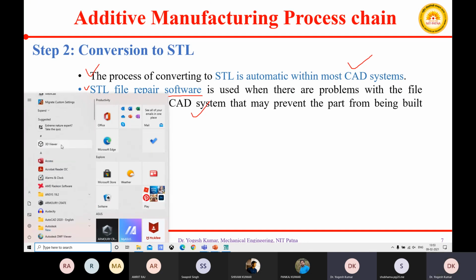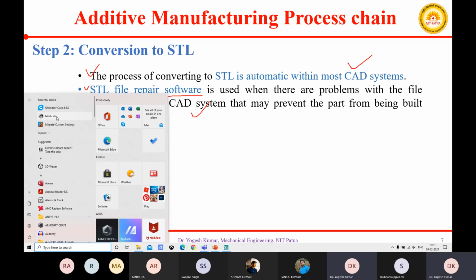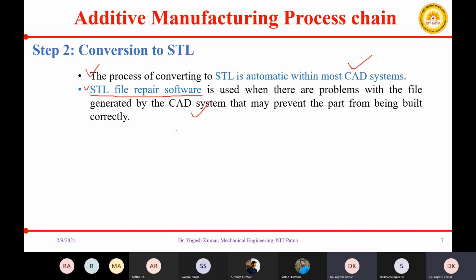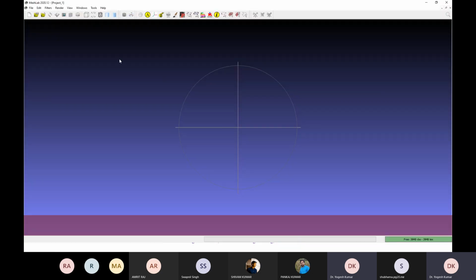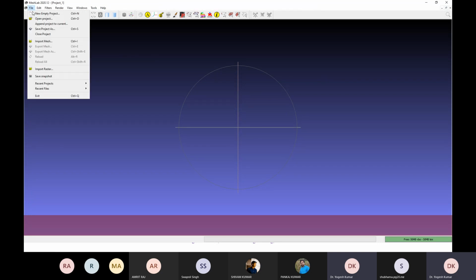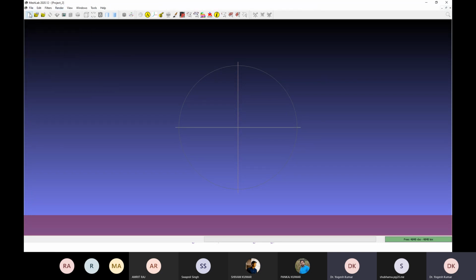You may find many open source software available. Most of the software which I am demonstrating are open source. You can download them. Even I downloaded today itself from the internet. This is one software which is called MATLAB. It is easily available.